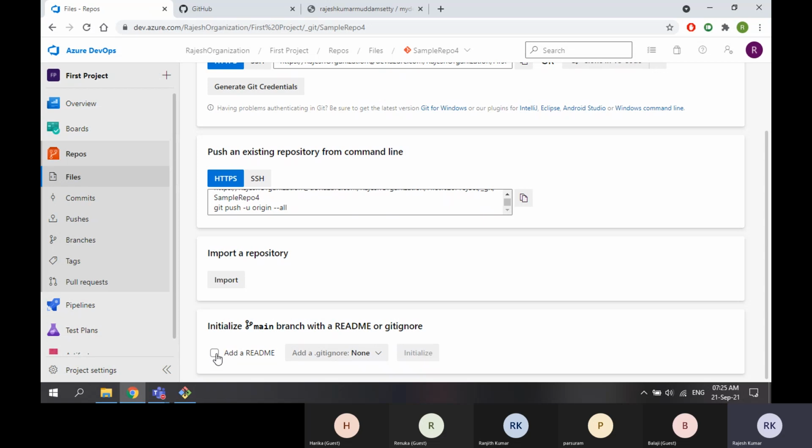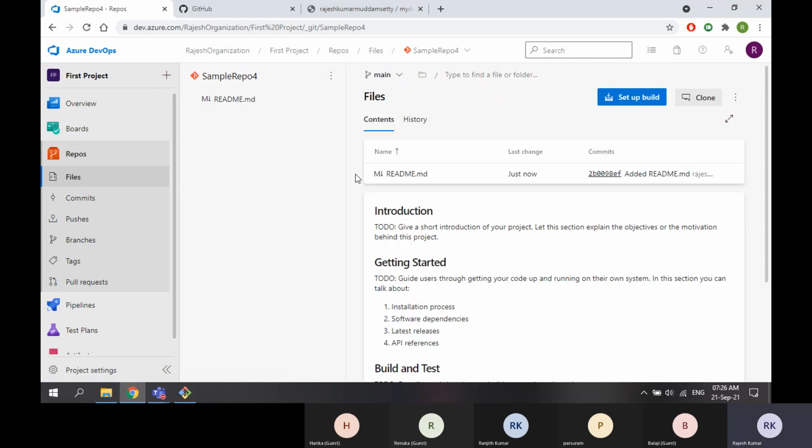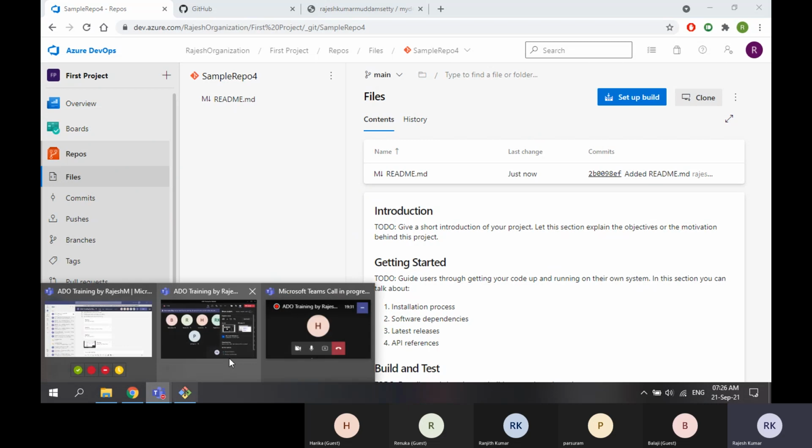That's why if I disable this readme file, the initialize button is also disabled. If I enable, I am getting this initialize option. So I am initializing the repo created here itself. It's not that I got it from local or from somewhere, nothing. A repo created here itself.